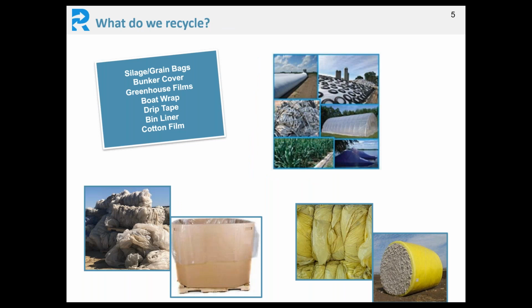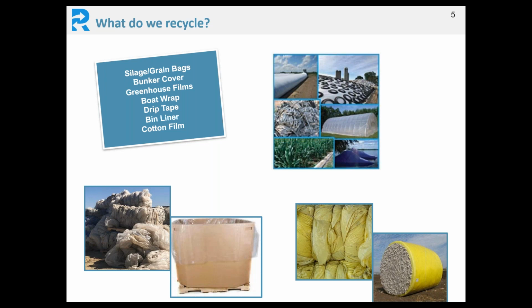When we were asked to speak today, some of the questions came as to, well, what do you recycle right now? What do you pick up from fields and growers? And these are some of the products that we do now: the silage and grain bags, bunker cover, greenhouse films, boat wrap, drip tape, bin liners, and cotton film. And again, those are the types of materials that we are picking up not only on the West Coast, but in some other